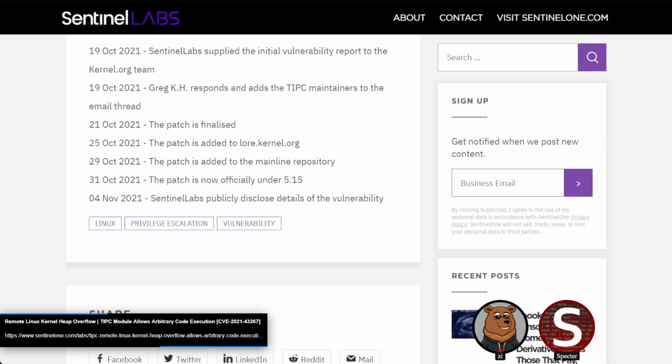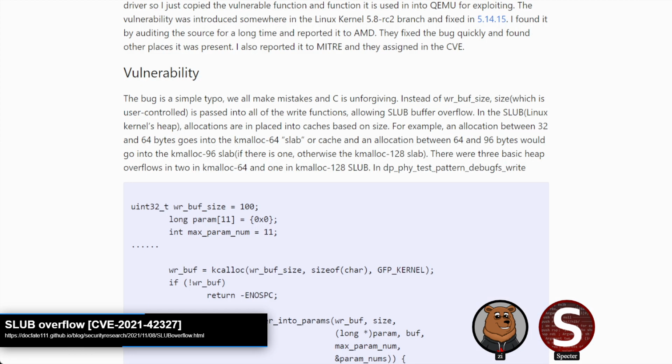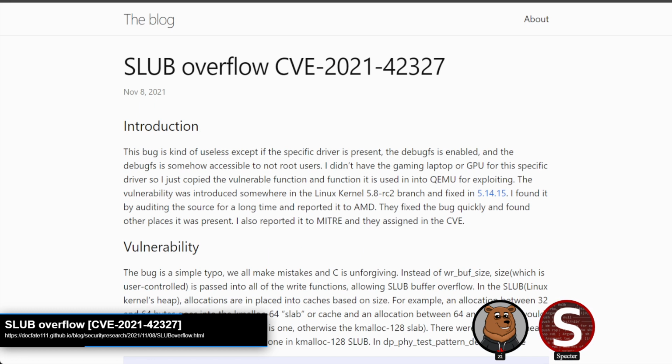That said, we do have another Linux kernel bug. Last for exploits, we have a Linux kernel bug from a listener actually, someone in the community, Telford Williams. This was a bug discovered in AMD's GPU driver through debugfs, specifically for configuration of DisplayPort test patterns, I believe. And that bug was in parse write buffer into params, which is called in the dpfi test pattern debugfs